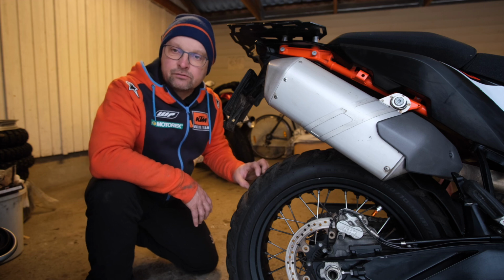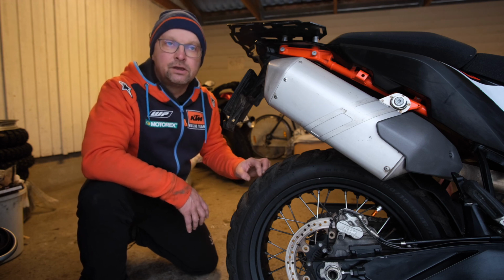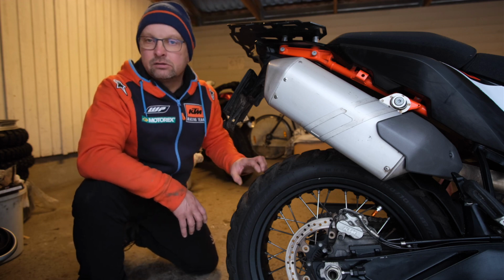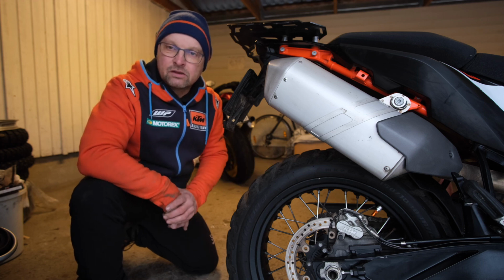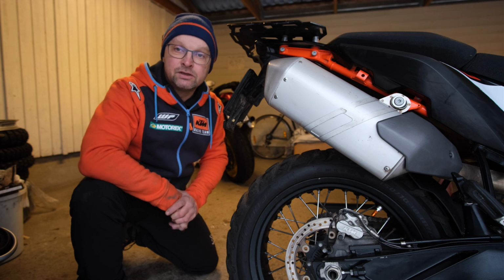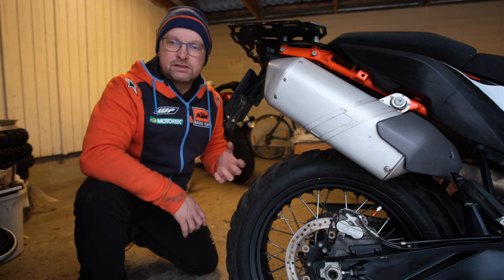Of course it doesn't have the grip on wet ground that the Karoos have, or for example the next tire I had on it, a Mitas Tractionator Adventure, which has a much rougher profile. All these tires last me, I would say, 6,000 to 7,000 kilometers, around that. With the Heidenau K60s I have managed, even on big bikes like the 990 Adventure, to get an unbelievable 20,000 kilometers out of it. But again, I'm not a racer, I'm an explorer,